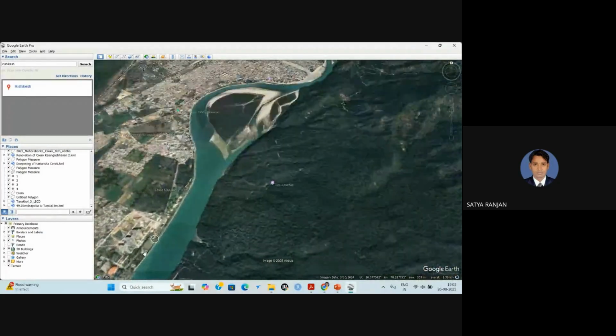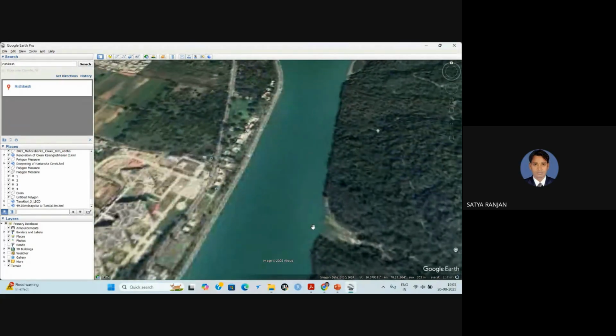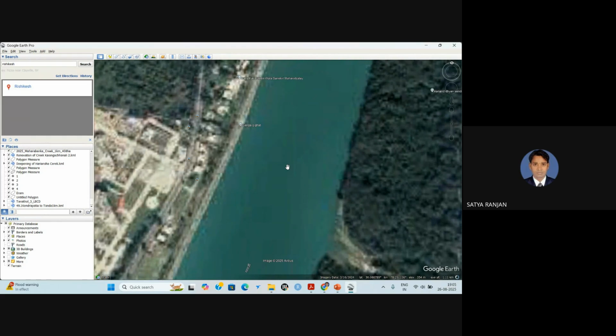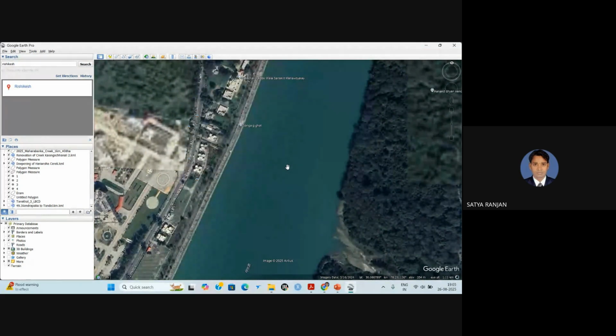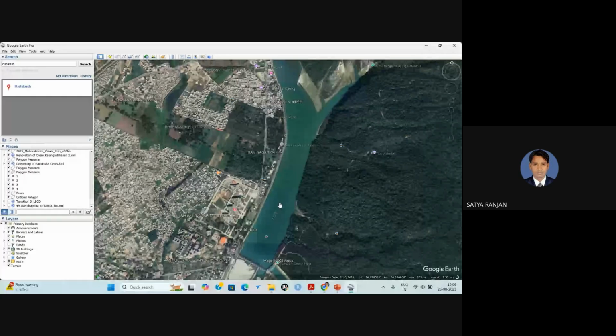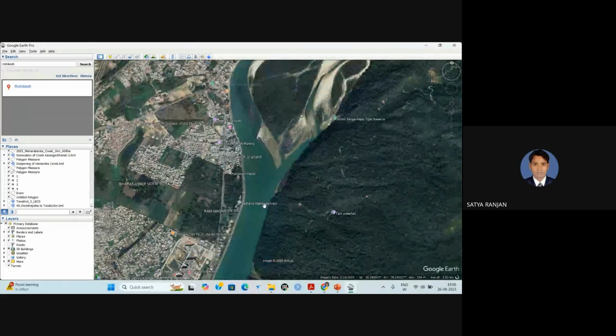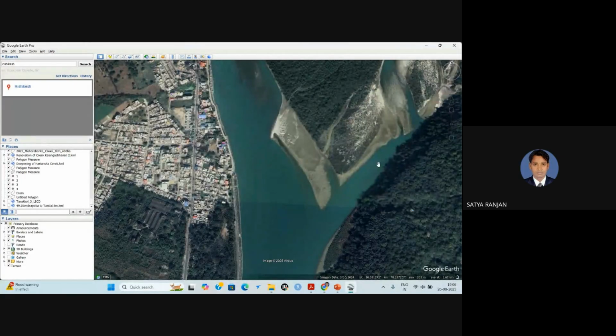And if some area is like this, we cannot know the direction of the river. If only one part is seen in the satellite image, you cannot just guess which direction this river is going. So we have to check the synoptic view of the river, and if you have any local experience, that is also good. And if any other associated things are there, suppose this type of structures are there, then